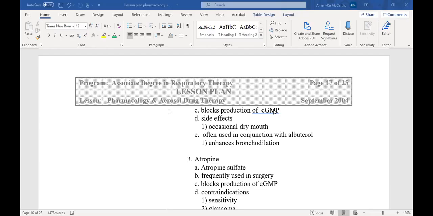All right. What are some of the side effects? Once I do decide to give it, the main side effect is a dry mouth. Anticholinergics will usually dry the patient's mouth out. A dry mouth, my mouth's so dry. That's why, because of the Atrovent. And it's used often in conjunction with albuterol, as a dual nail, because it enhances the bronchodilation. Albuterol is going to bronchodilate them, but the Atrovent is going to block the cGMP, which keeps them from